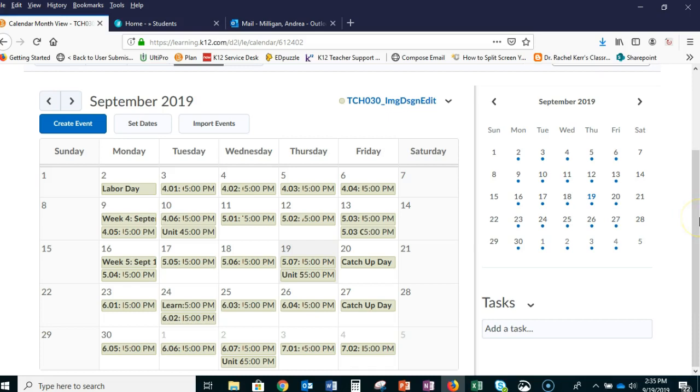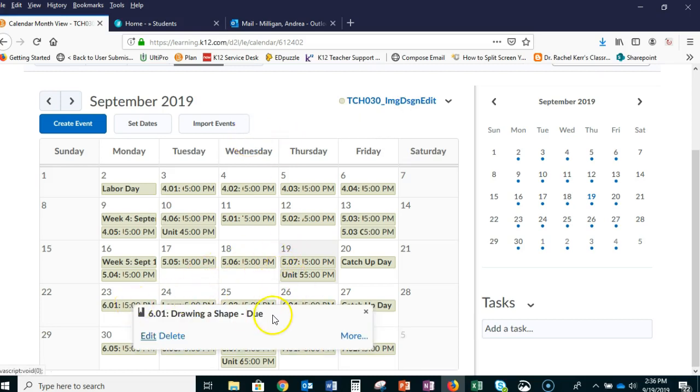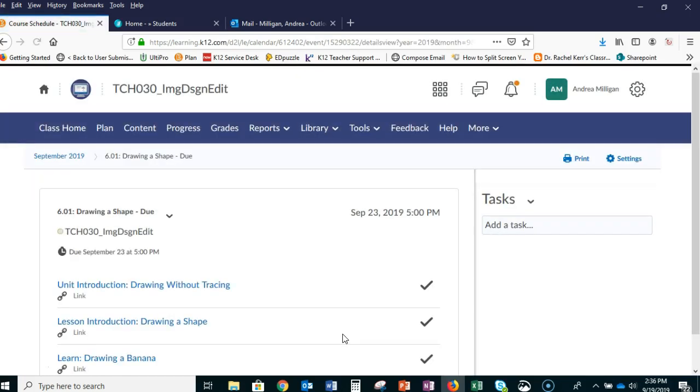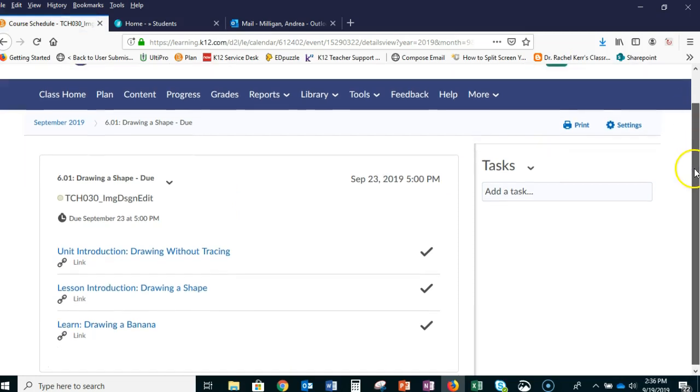All right, even though I'm only showing one class here, I do teach 6 different classes. So I have 6 different class pages, but that's only why you see one class here is because this is for Tech 030. So let's look at the week of the 23rd. So 6.01, you're going to be drawing some shapes. I'm looking forward to seeing your projects. So if you look here,